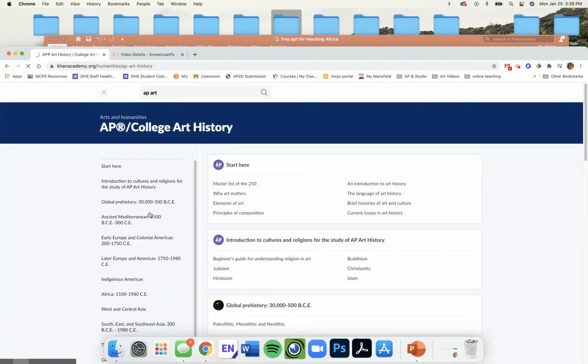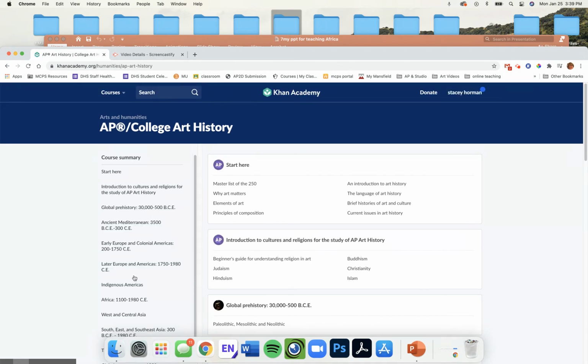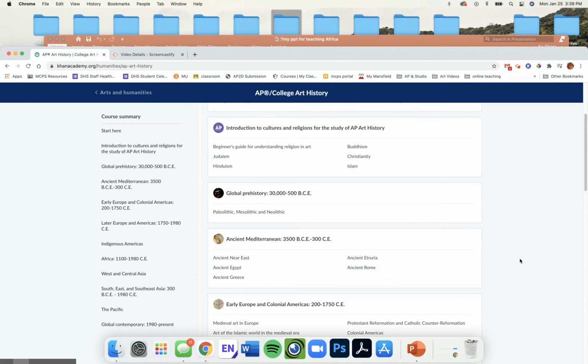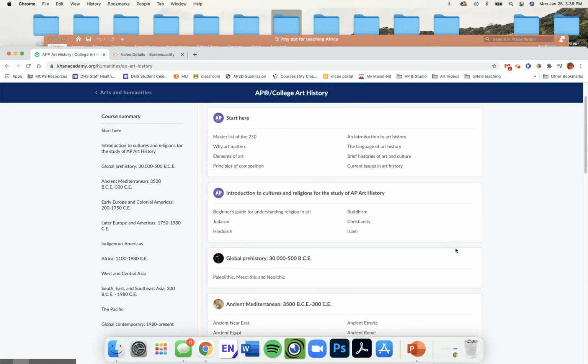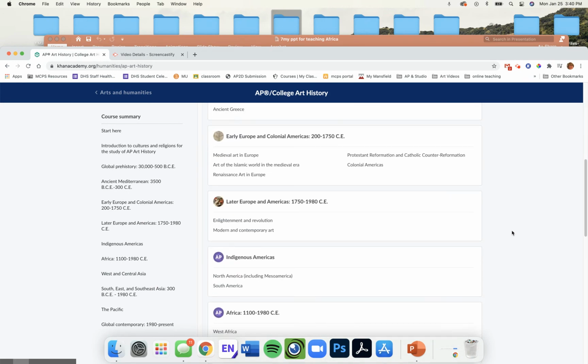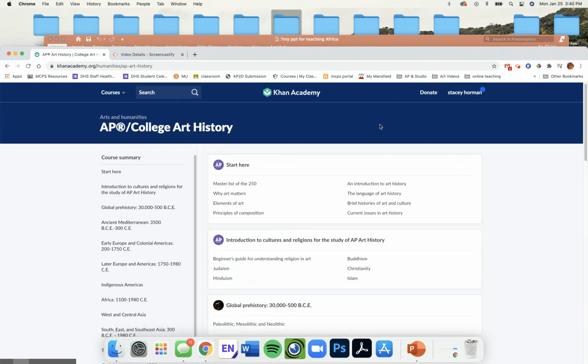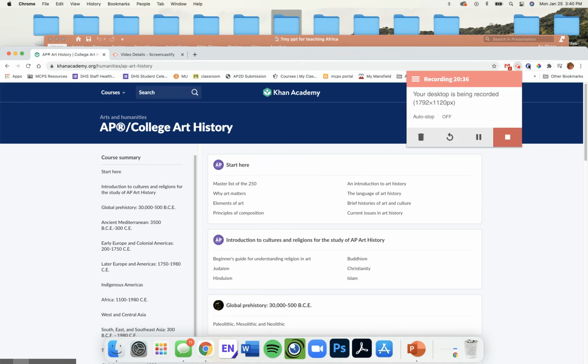What's wonderful about it is it lays it out for you by unit, and you can select your unit and look at various pieces. It also, right before the test, it would be a really cool way to go back and make sure you understand all of the religions that we talked about, stuff like that. So there's really, really great stuff in here, and it's a really great resource for you in addition to the pieces that I teach you. So that is